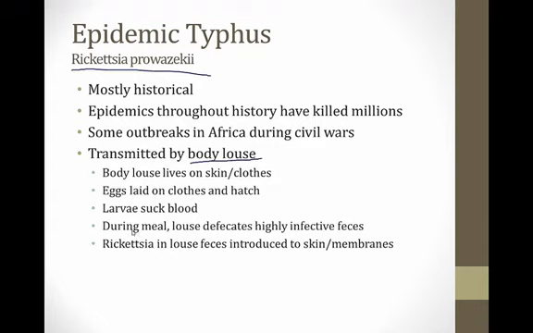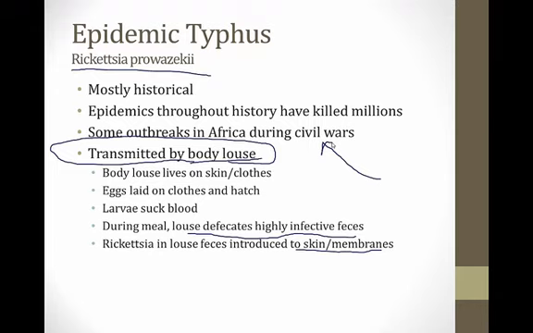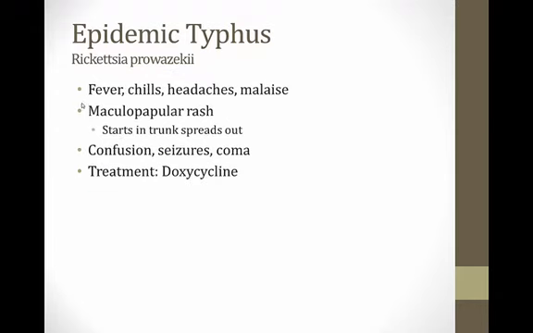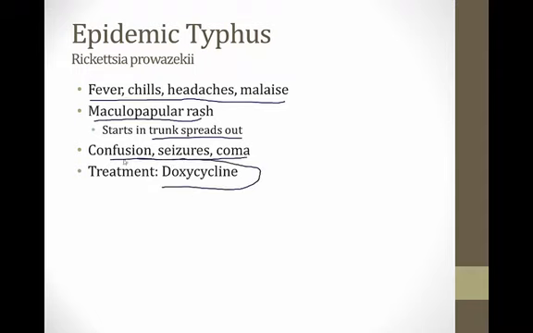and this is kind of nasty, but during a meal the louse defecates highly infective feces, and the rickettsia in the louse feces get through the skin and membrane. So obviously these have to be really unsanitary conditions for this to spread, but that's present during some civil wars in Africa, and it's been present throughout history, and epidemics of this have broken out. Just like all the Rickettsia infections, it has nonspecific symptoms like fevers, chills, headaches, and malaise. And just like all Rickettsia species, it has a maculopapular rash. In this case, it starts in the trunk and spreads out. And it can progress to confusion and seizures and coma, and you can treat it with doxycycline just like most